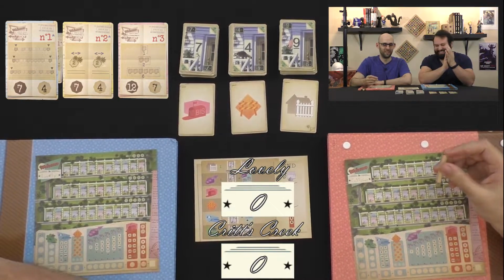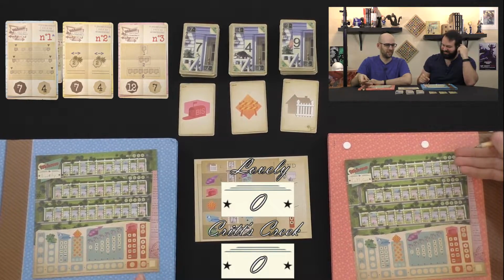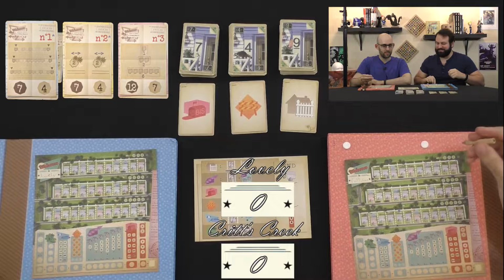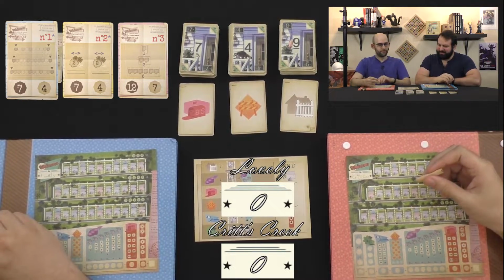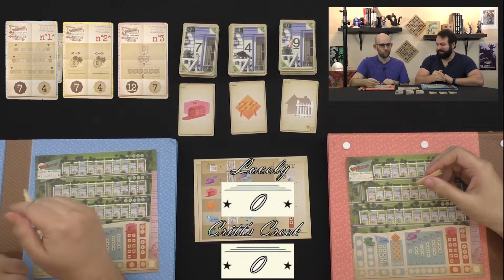Next turn's going to be a good one. Yeah, that's going to be good for that goal. All right, I usually go for the parks anyway. I'm going to drop my pencil. Yeah, that's a good start. I think I'm going to go for the construction or the roadblock one, because that can add or subtract 2